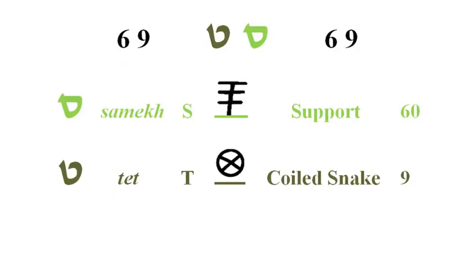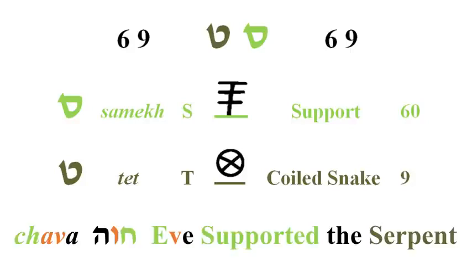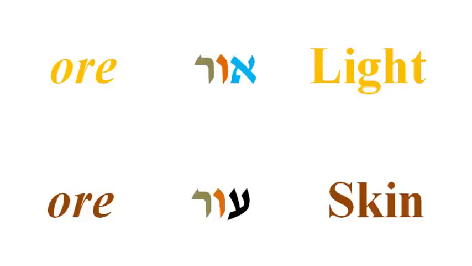And samek, remember, means to support or to lean on. And tet is a coiled snake. So Hava, Eve, she supported the serpent. And they went from clothed in light to clothed in skin. By the way,